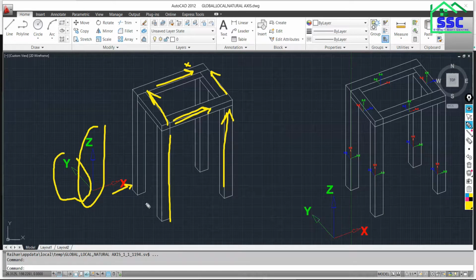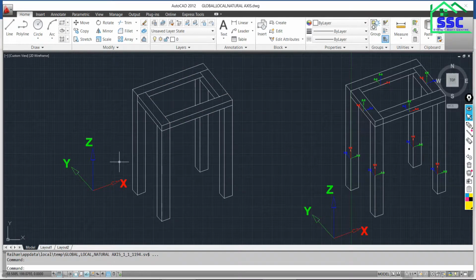So this is what we call the global axis. It represents the entire model by a single axis system. Is that clear to all of you? Yeah. So this is the global axis.